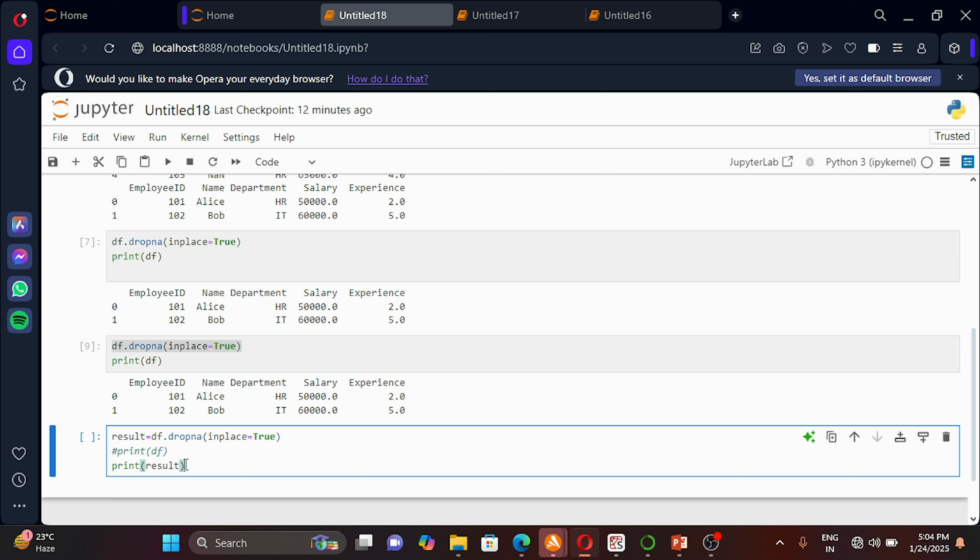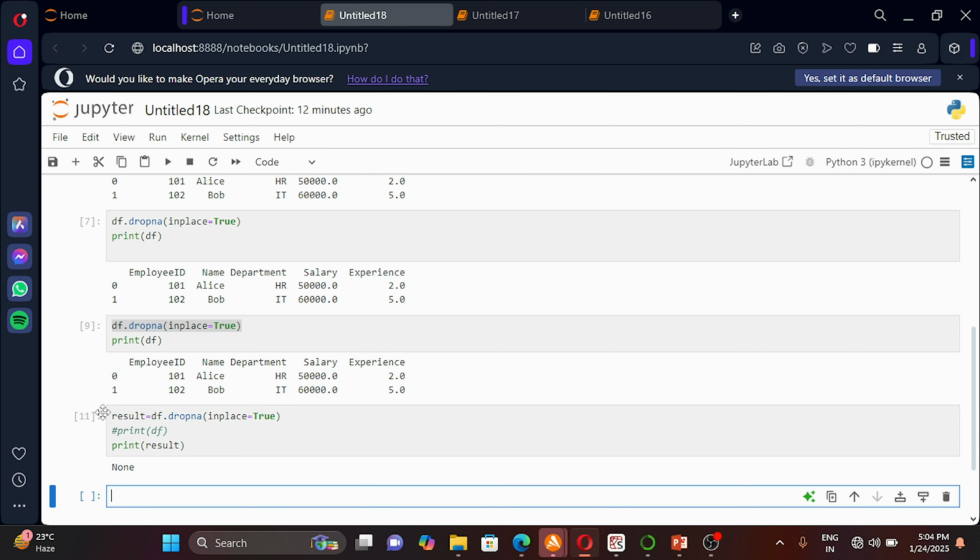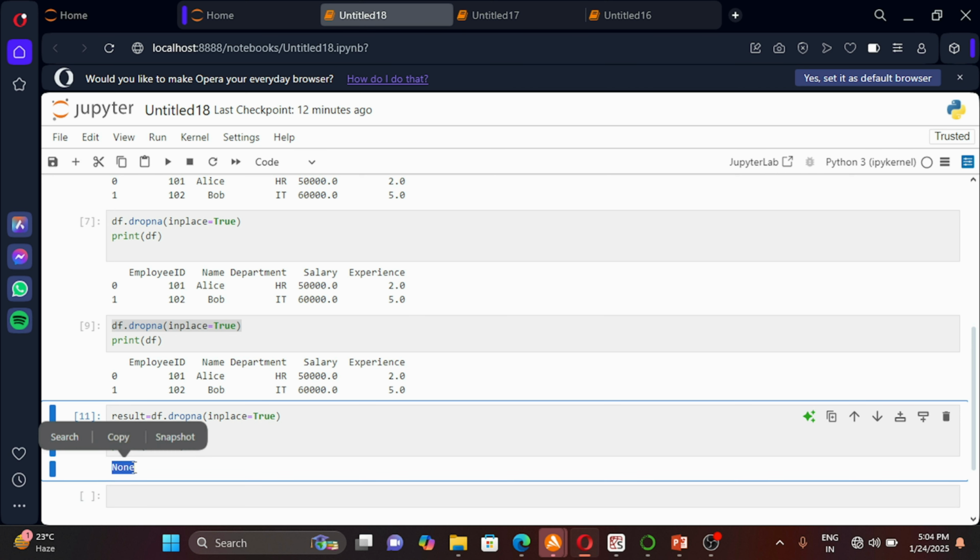If I'm going to try to keep my result in this inplace equal to true, let me see what will happen. It will return none. Why is it returning none here? Because it has already modified the original data.